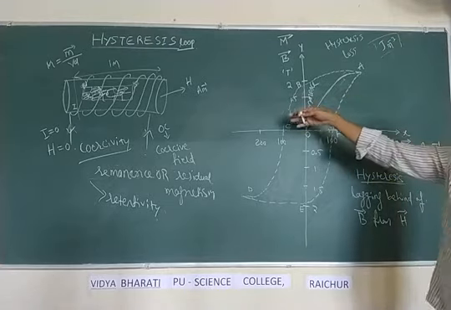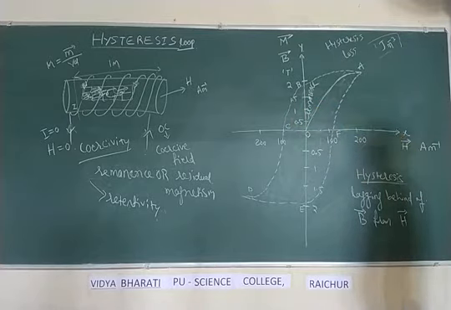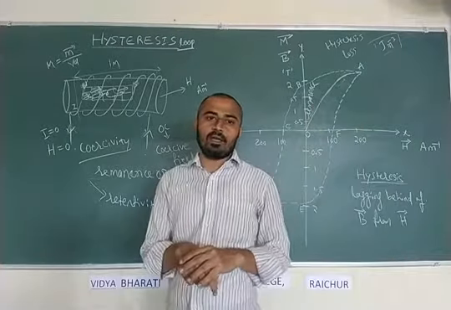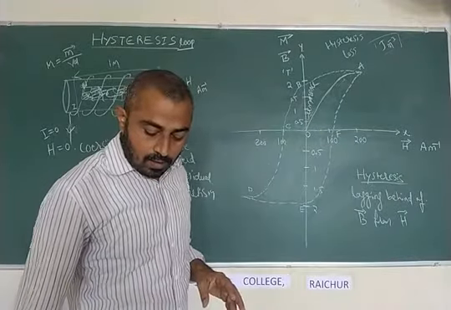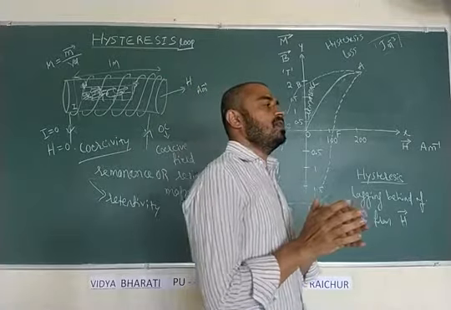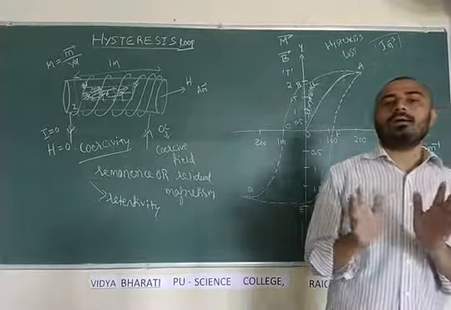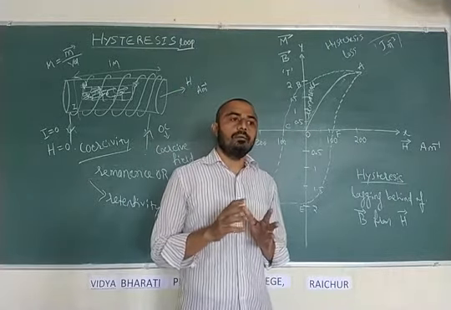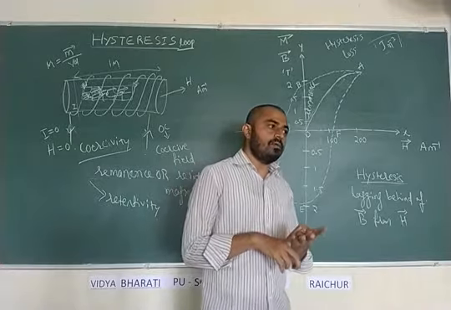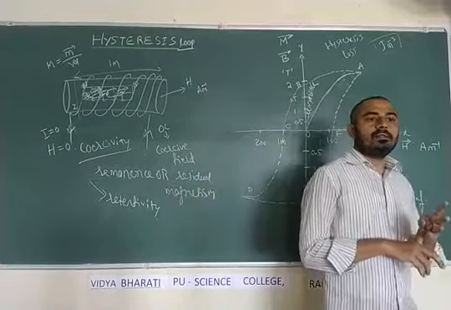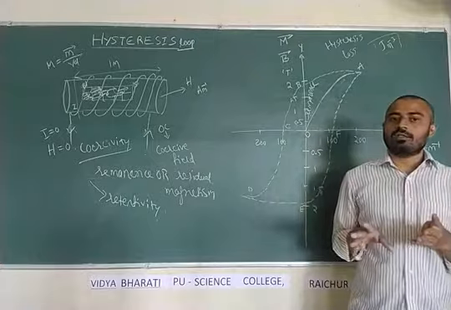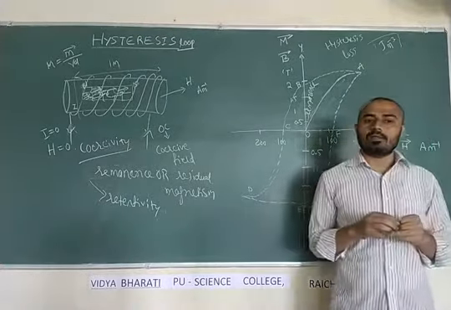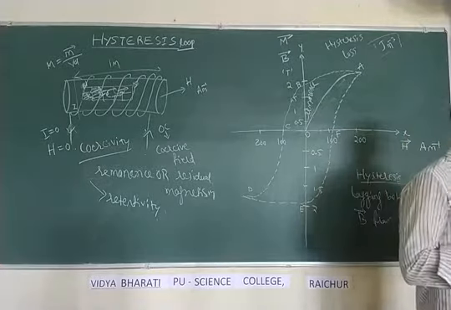The hysteresis loss per cycle is measured in joule per cubic meter. Why do we need to study this hysteresis loop and hysteresis loss? We need to study the hysteresis of ferromagnetic material so that we can choose the suitable material required to design a particular appliance, or to take advantage of the material. For example, in a transformer we use ferromagnetic material, to make permanent magnets we use certain materials, and to make temporary magnets we make use of ferromagnetic material.